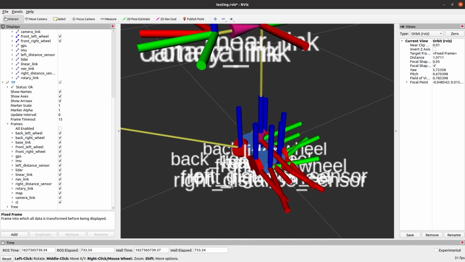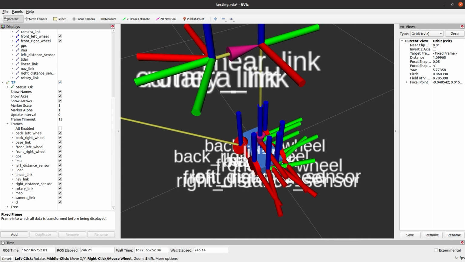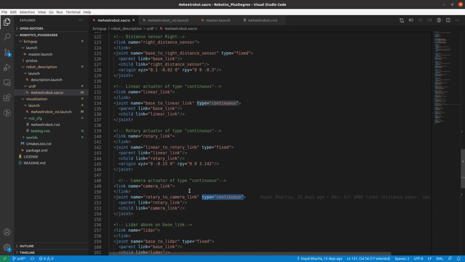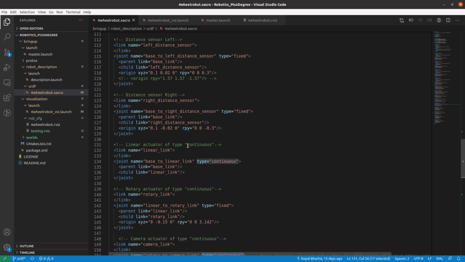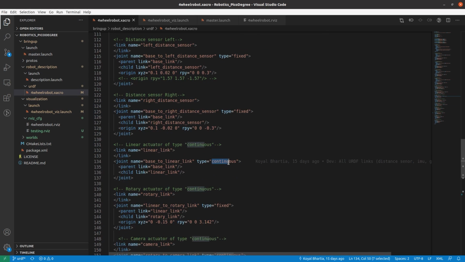Also notice that we have changed the origin value of the back right wheel, and hence you can see that it is tilted right now. So we can go and change it back to what it's supposed to be. We can make it back to pi by 2. Note that these continuous type joints usually come with an axis and the limits defined here. But we have taken care of all these factors in the PROTO in our VBots, and hence we are good to go with just defining the name of the joints and the two links that it defines.